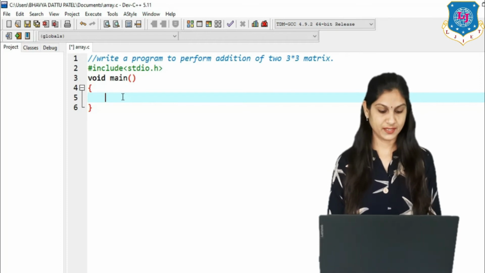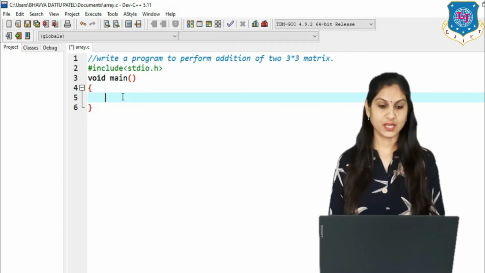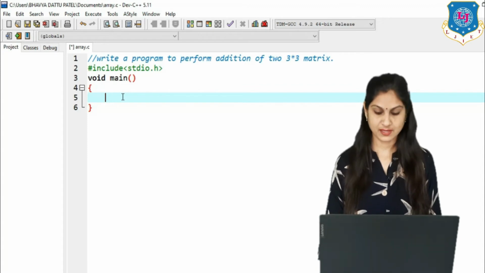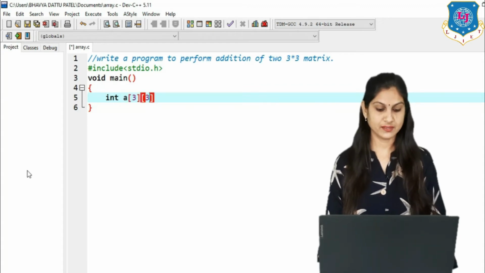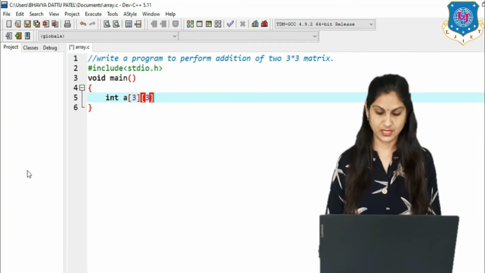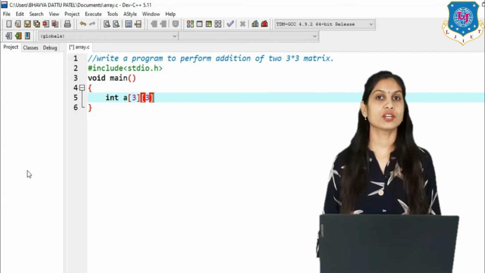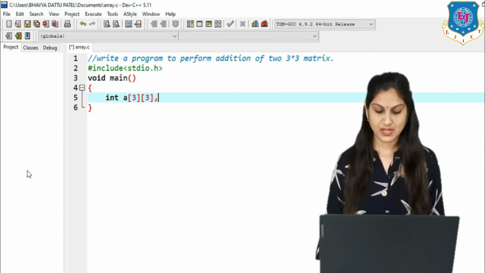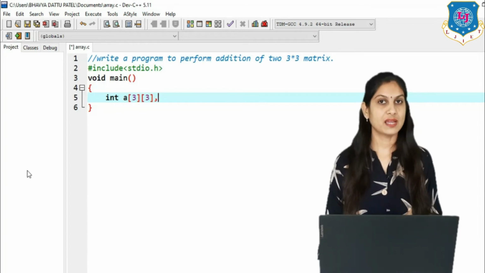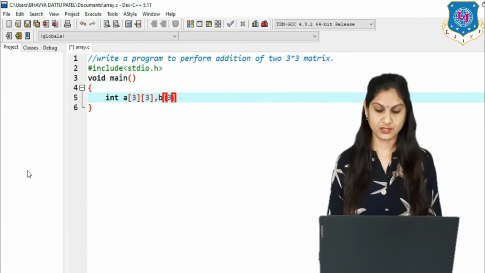So first write int a[3], the first row size, and then in the second bracket the column size, again 3. This is the declaration of a two-dimensional array. After that we need a second matrix, suppose b, so again we write 3 cross 3.